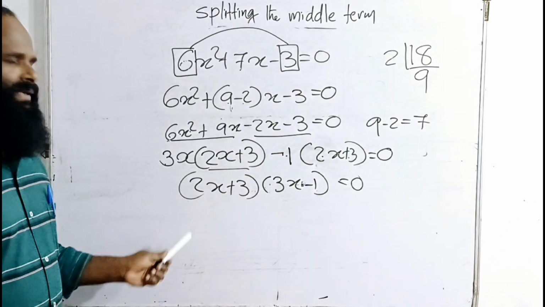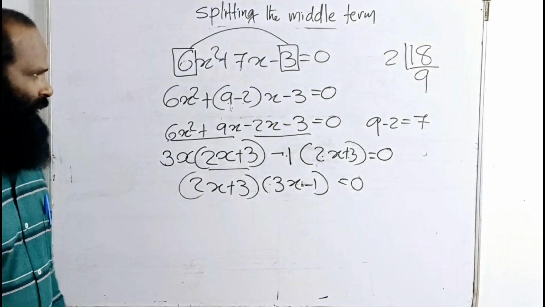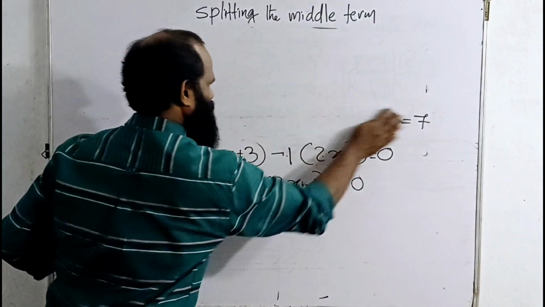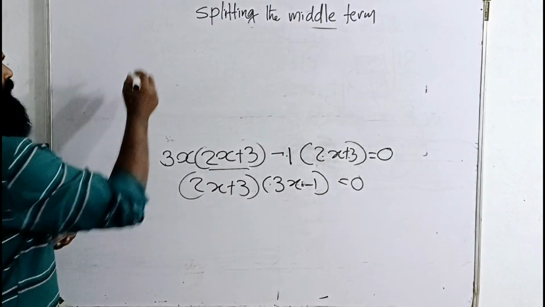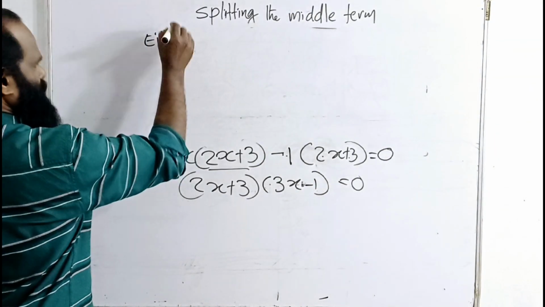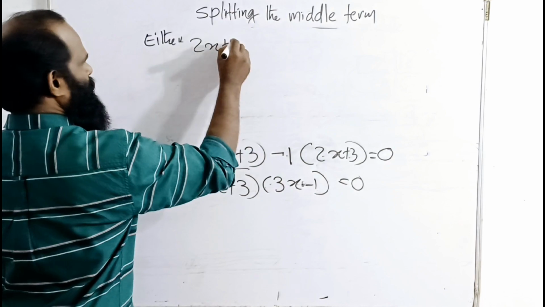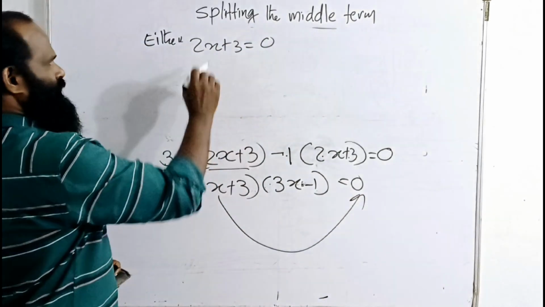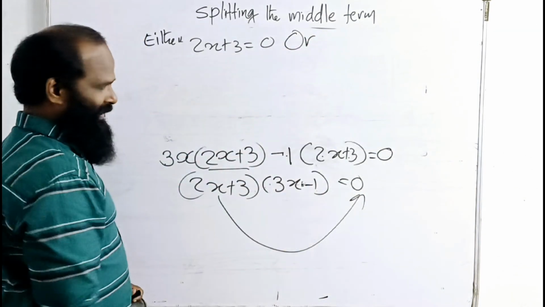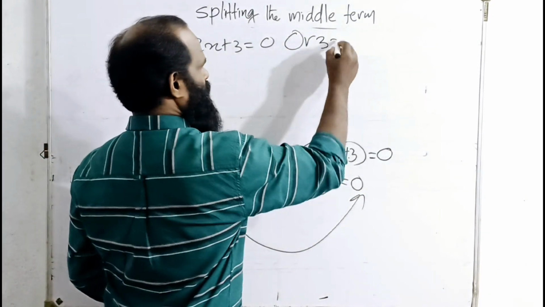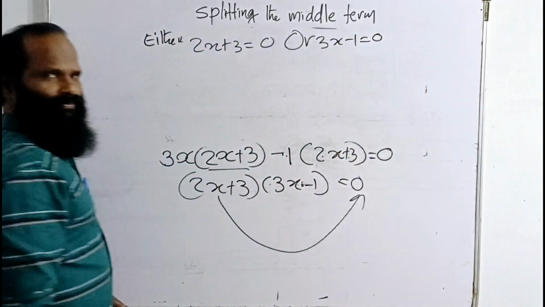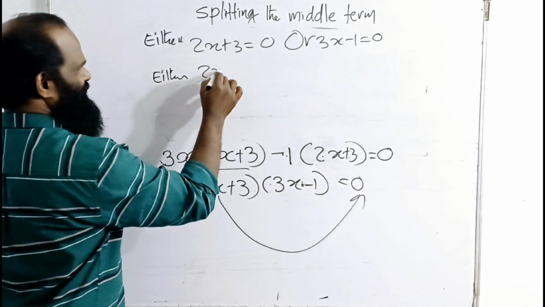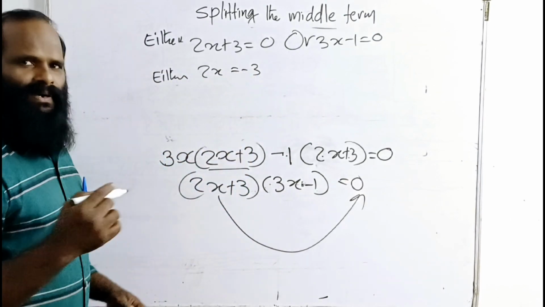എങ്ങനെ? Either or. Okay. Either 2x plus 3 is equal to 0. Or the second binomial is this, 3x minus 1 is equal to 0. Either 2x is equal to negative 3, and